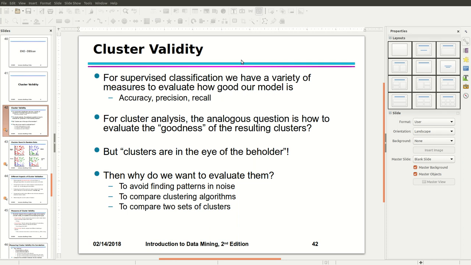The validation of a clustering structure is the most difficult and frustrating part of cluster analysis, because there's always a better cluster. Without a strong effort in this direction, cluster analysis will remain a black art accessible only to those true believers who have experience and great courage. Again, it requires some expertise, some sense of data to take that on. This is by Jain and Dubes. This is enough for cluster validity, and see you in another lecture.